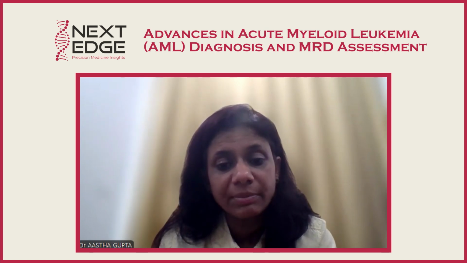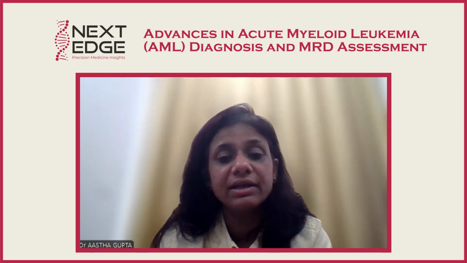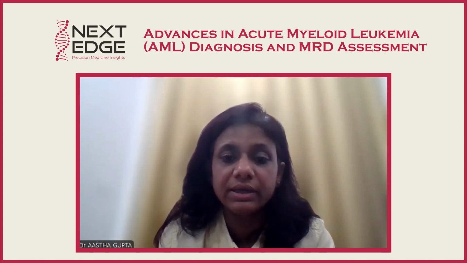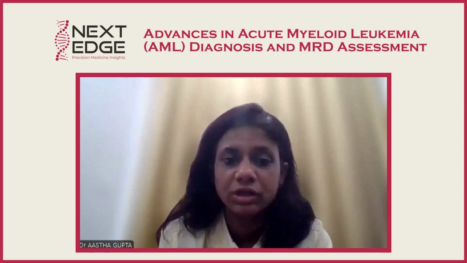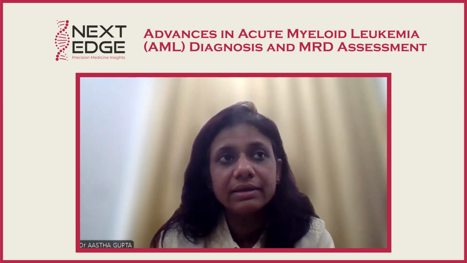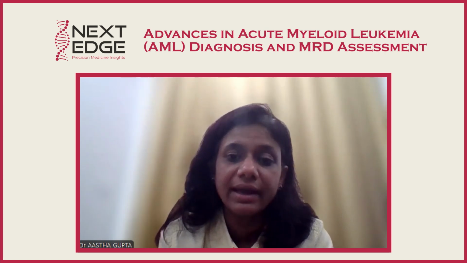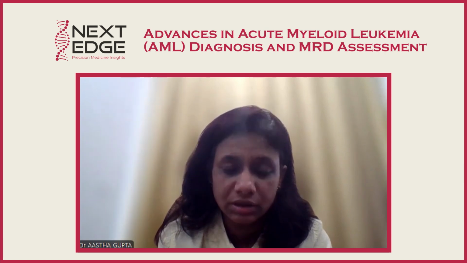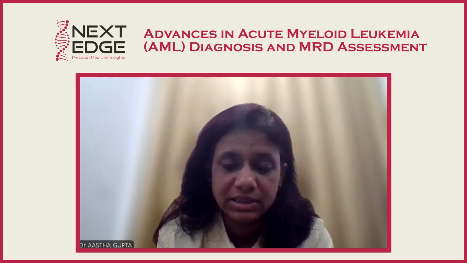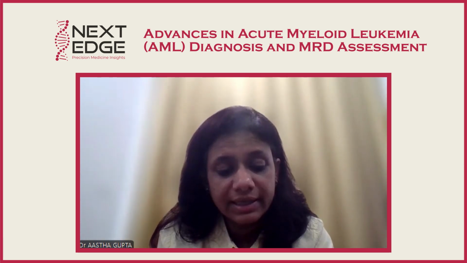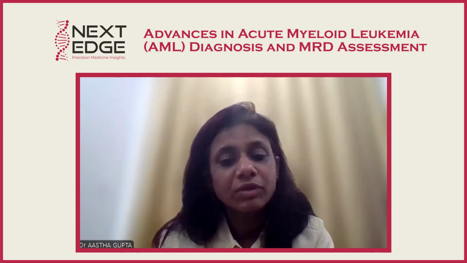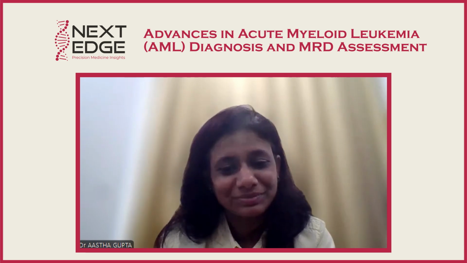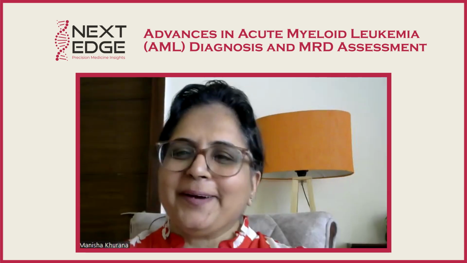And even for subcategorization of AMLs, like if there is an AML with monocytic component, that is best determined by flow cytometry along with the morphology. We cannot forget that. And if there is APML, then there are characteristic phenotype findings on flow cytometry, as with the megakaryoblastic type of AML. So yes, amongst the conventional tools, flow cytometry has now become the conventional tool for diagnosis of AML. All right. So that's good to know.